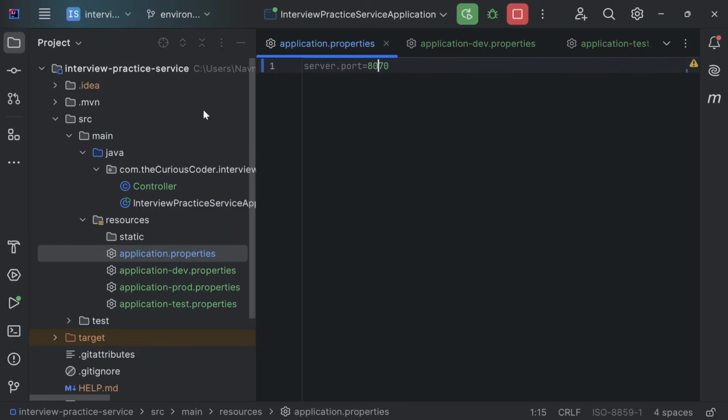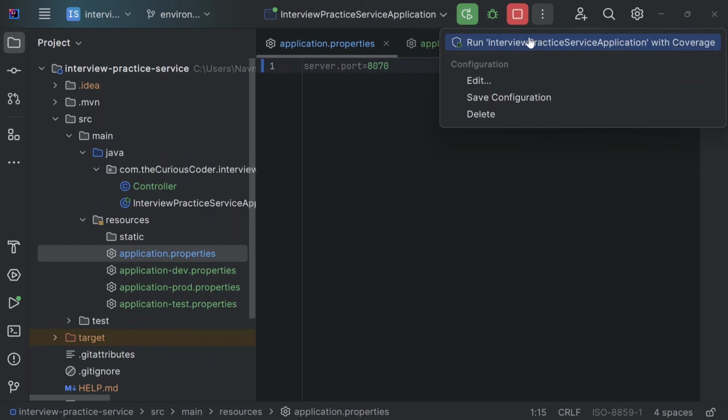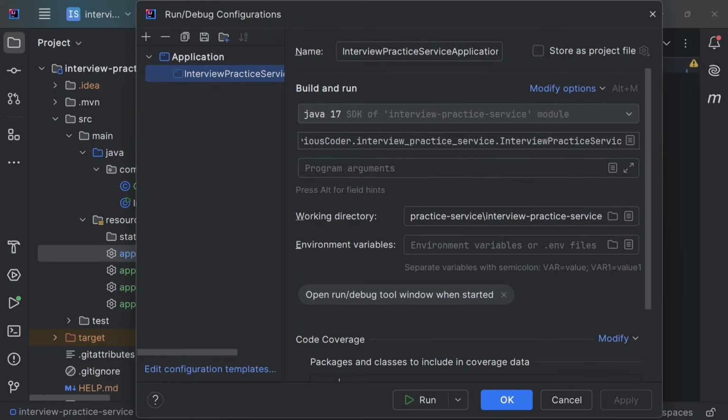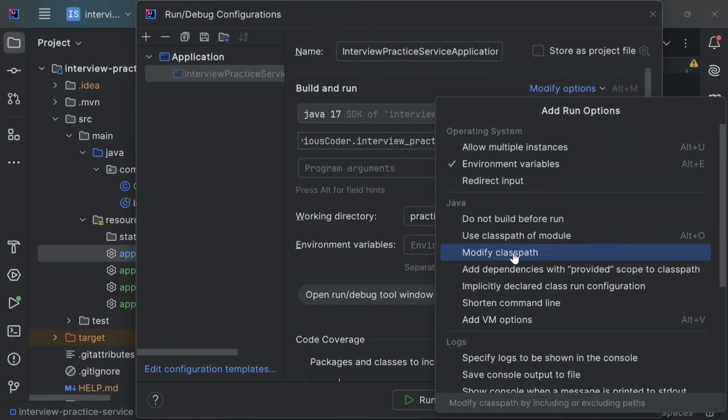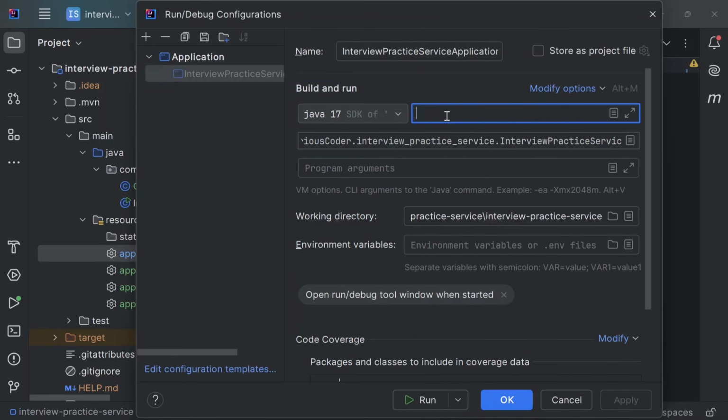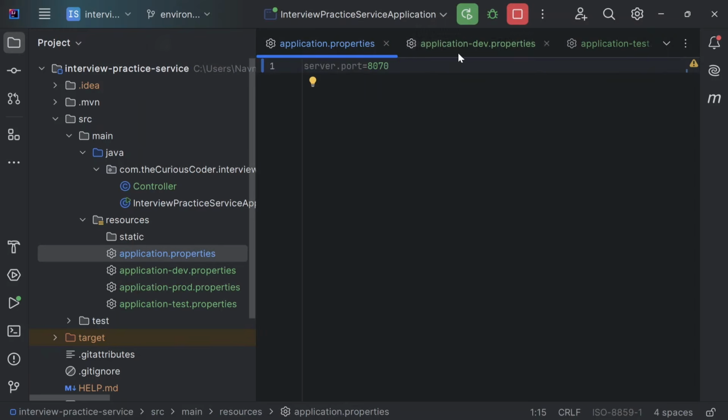I can show you the same here in IntelliJ as well. Here we have one option. You go here, edit configuration, and in modify options we have add VM options. Here we can write it like this: -Dspring.profiles.active=dev. So it's like a command line argument only, and I'll apply my changes. And now if I rerun it,